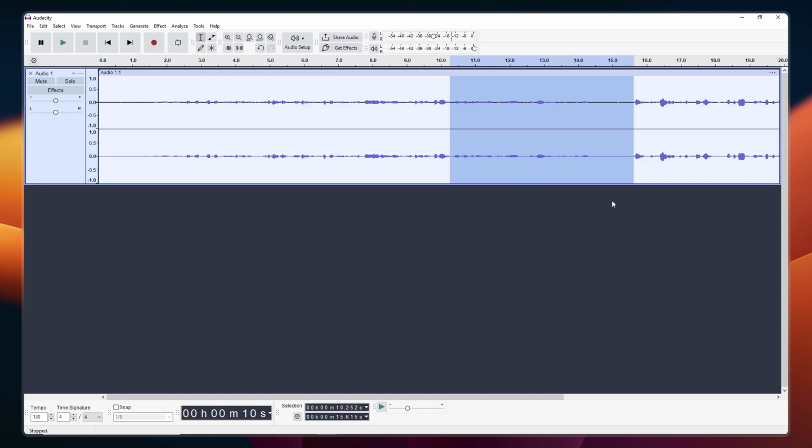After you've applied both effects, it's time to hear how they sound. In the upper left corner of the Audacity interface, click the play button to preview your audio. Listen carefully to make sure the fades sound natural and occur at the right points. If you're not satisfied with how they sound, you can always undo and adjust the selection areas before reapplying the